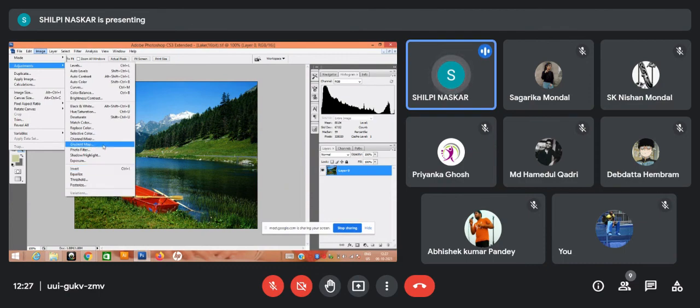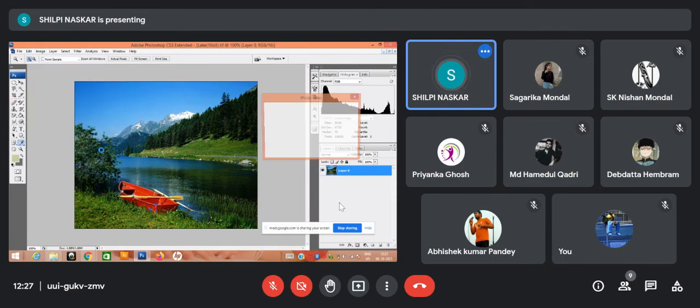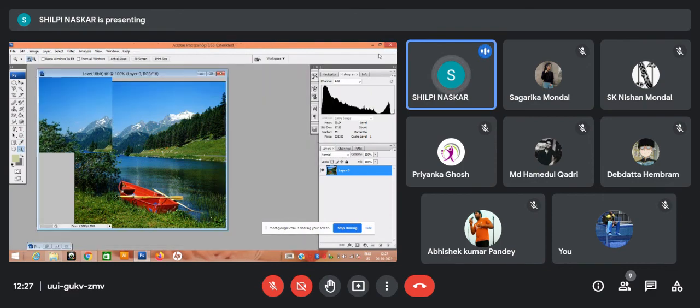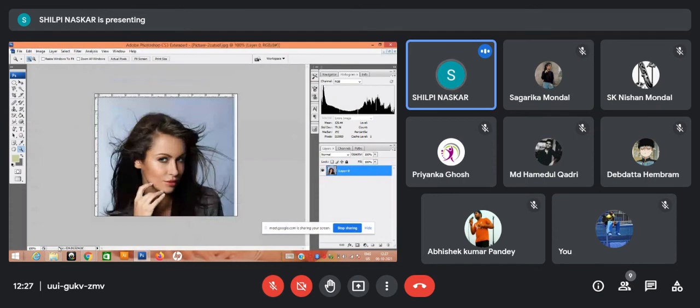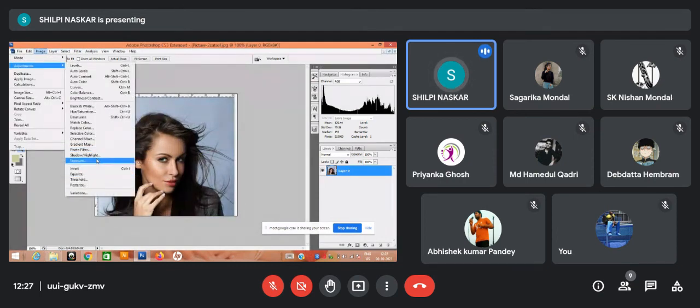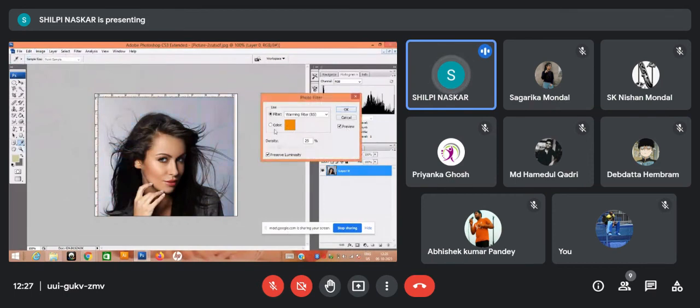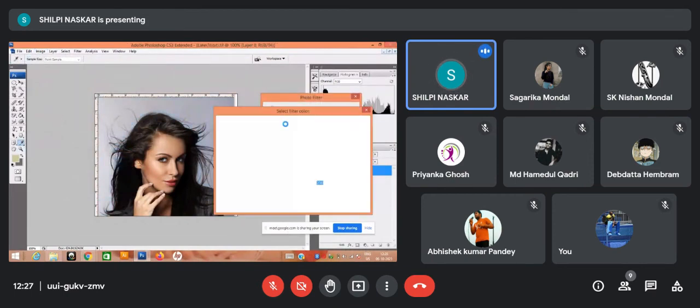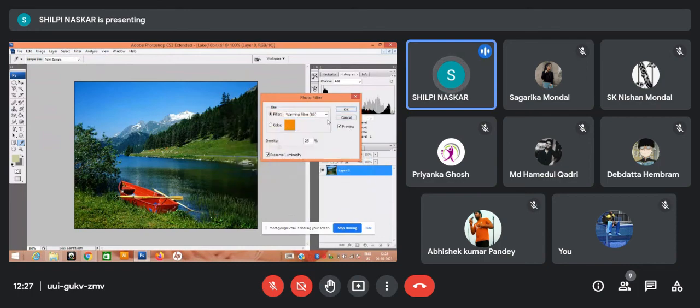Then the gradient map is there, photo filter. Let me show the photo filter on this image. I want to apply a certain photo filter over here, photo filter is this. Here also certain things are there.